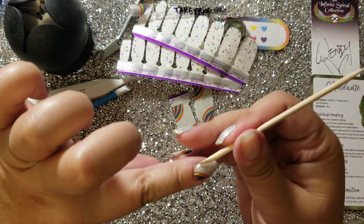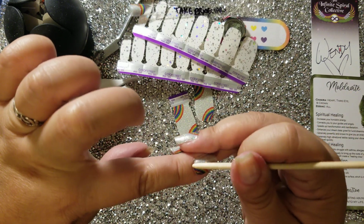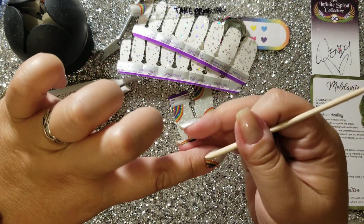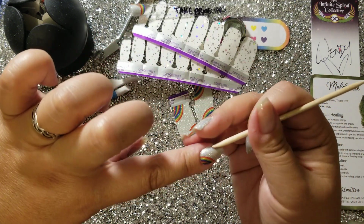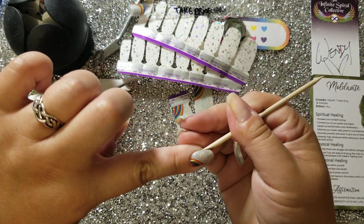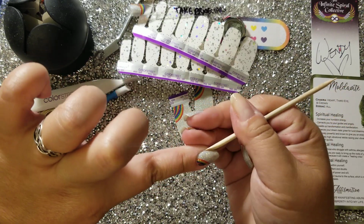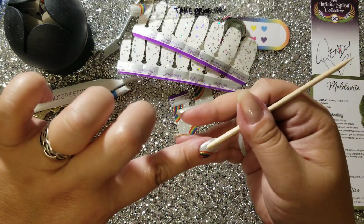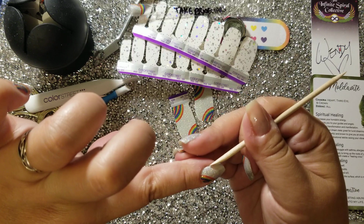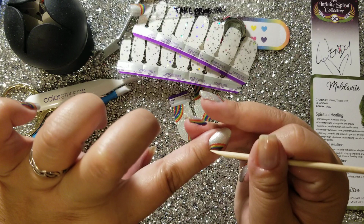Oh, man. Okay. This is definitely going to be a two-parter, because I noticed that we only have about 9 minutes left on the timer, and I still have to put this layer on, and that layer is going to take a little bit, because I'm going to add extra stars. So we'll see how that looks. But first, let's finish putting on the rainbows. This is the first time I've used this set, Take Pride. I think because when I bought it, I think it was last year, by the time I received it, it was already well past